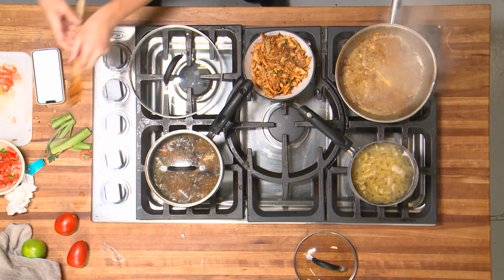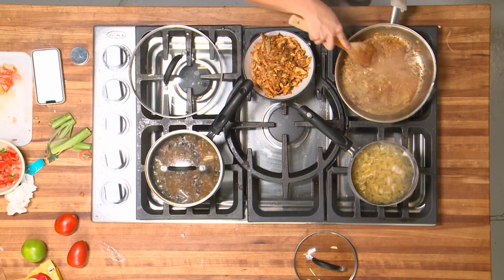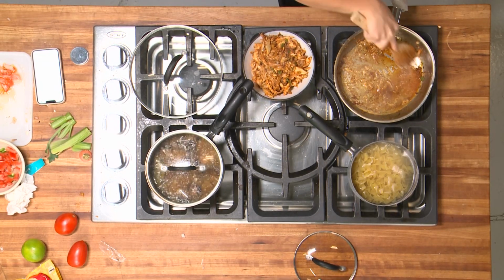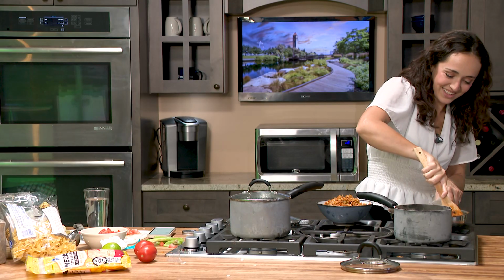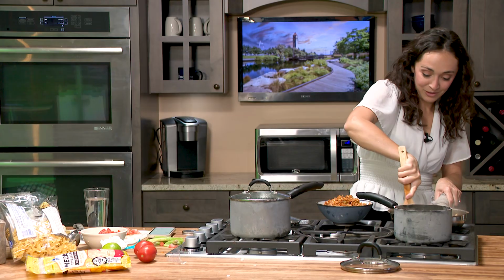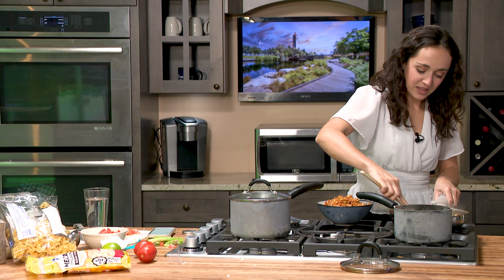That way we can use this same pan to make our tacos in. So this is, remember I mentioned if you have a pot that things stick to the bottom of, to deglaze it, this is what I was talking about. Getting all those good bits off the bottom. These ones,